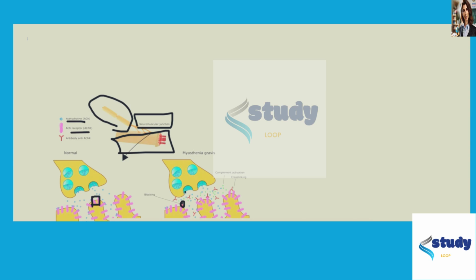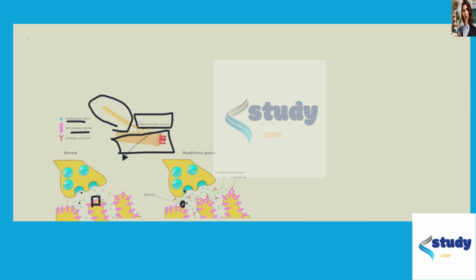A states that the body produces antibodies against nerve cells, which prevents the nerve cells from releasing acetylcholine during signal transmission. So no, acetylcholine is still produced regardless. It's just that the acetylcholine molecules can't properly bind to the receptors.